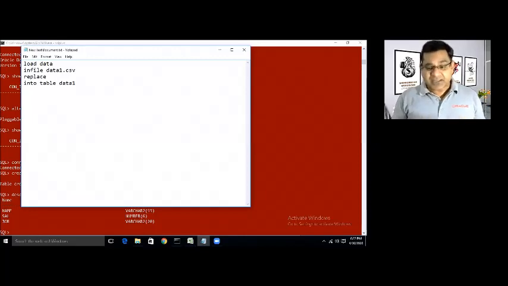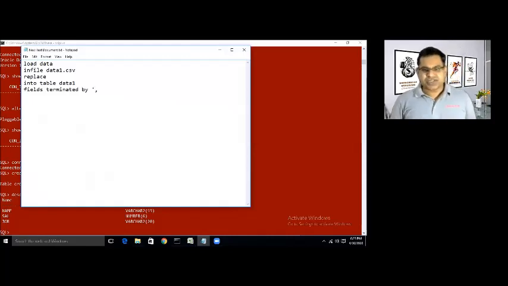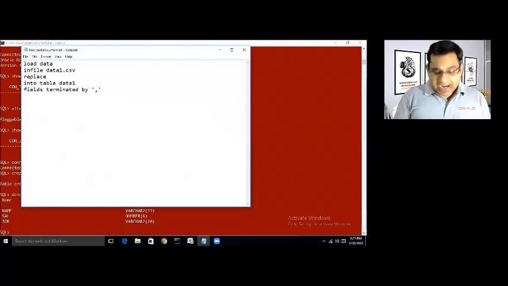Now you have to specify the fields. I mean the entries that are there in this particular Excel file. The fields are terminated by which particular symbol. So it will be fields terminated by, and because it is a CSV file, comma separated, right? So I'll have to take the symbol as comma, just to instruct that that particular file is fields terminated by comma, right? And here you need to specify the name of the columns. So there is a column name, another column salary, another column job.